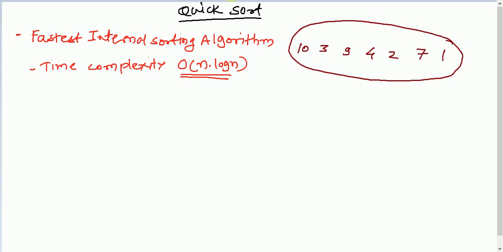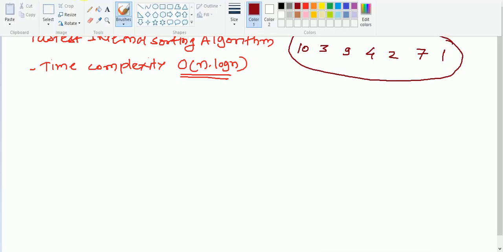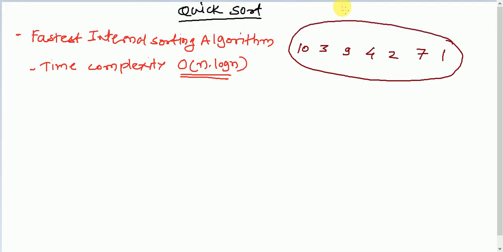Now what will quick sort do here? First of all, we'll select a pivot element. Pivot means a reference element. I'm not telling the algorithm, I'll just tell you the process. Here I'll take 10 as a reference element. Now we will divide the remaining array in such a way that the left part of 10 will contain smaller elements than 10, the right part will contain elements greater than 10, and 10 will be at its right position. This technique is called the partitioning technique.